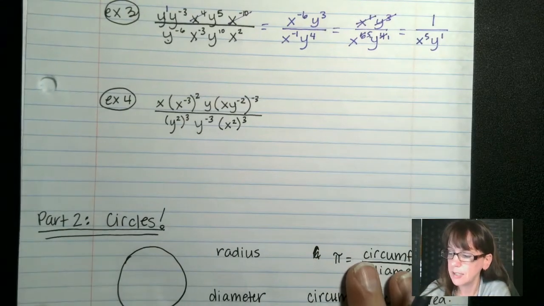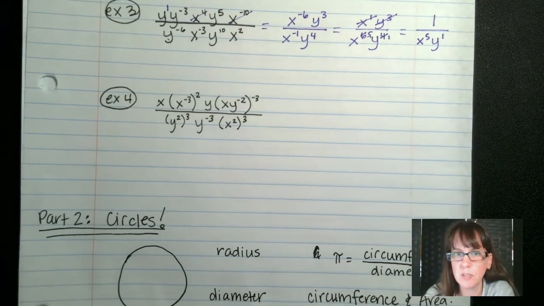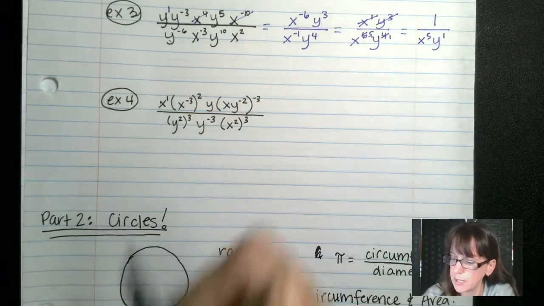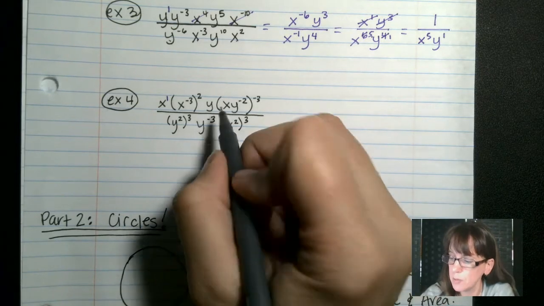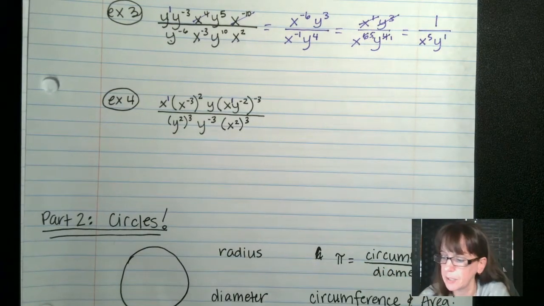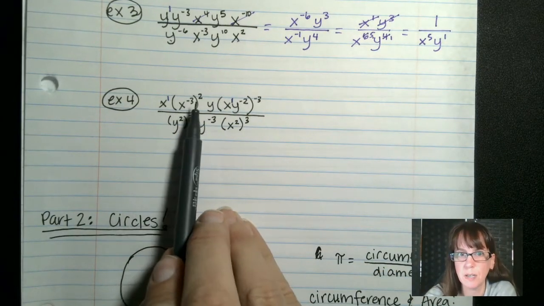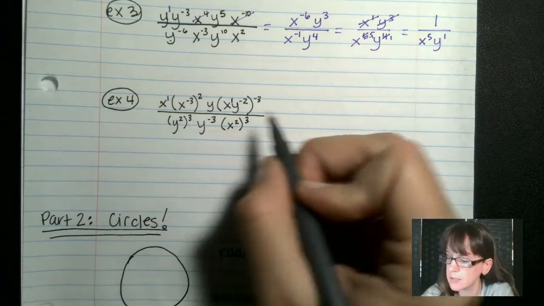All right, let's try this guy. So remember, if an exponent's not shown, slap a 1 on it. We're going to do that right here. Now we got to do some distribution. Oh, and right here. Yeah, there we go. Okay, so now we got to do some distribution here. We have x to the 1,